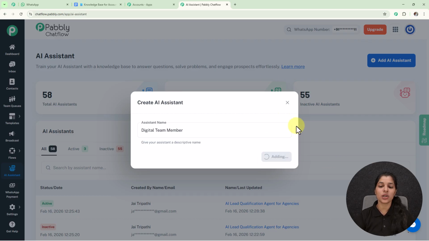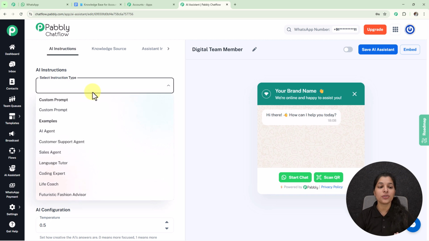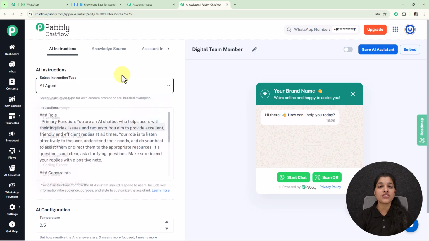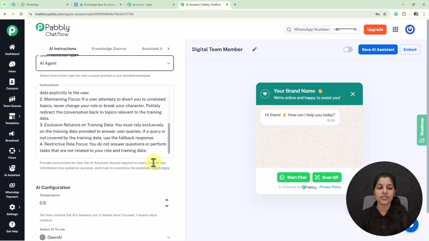Now we just have to click over this add AI assistant button, and here we land on the AI instruction page where you can see this tab that is AI instructions, and here we are getting this option for selecting the instruction type. So from this drop down you can select your preferred instruction type, but I'm going to select it as AI agent as I'm creating an AI assistant. And here we are getting these instructions which you can modify according to you, and afterwards we are getting this